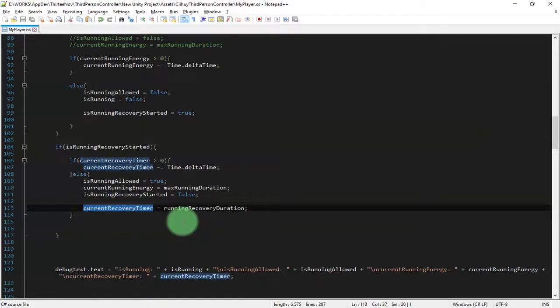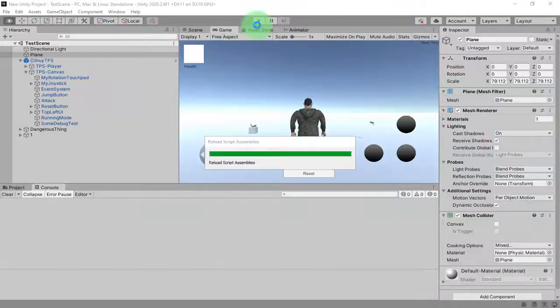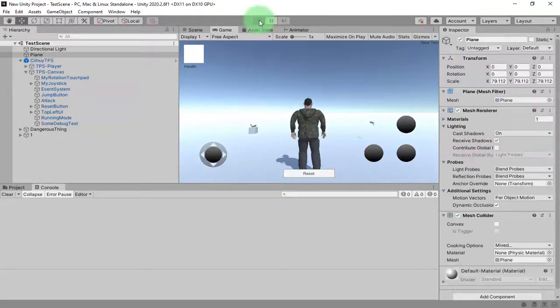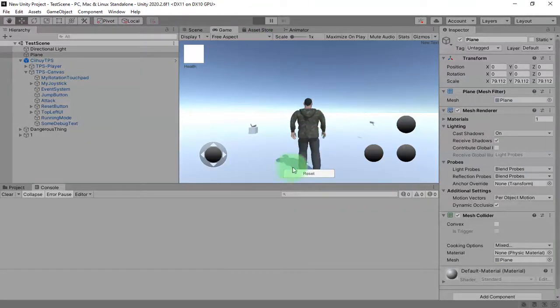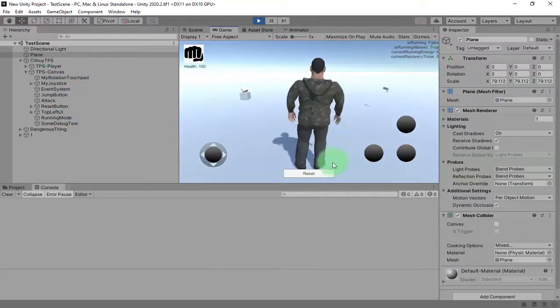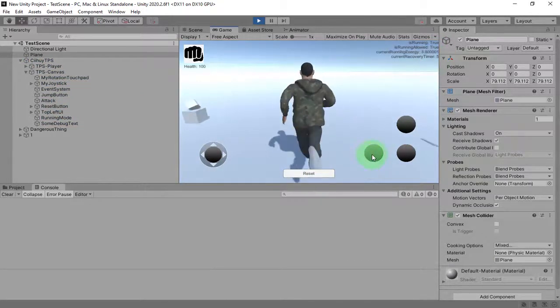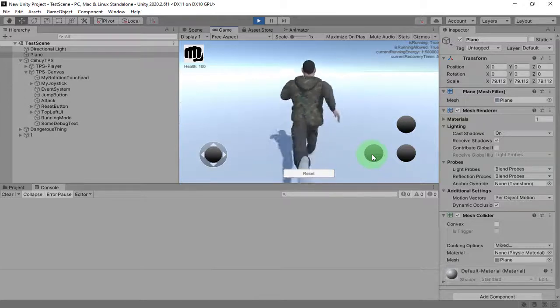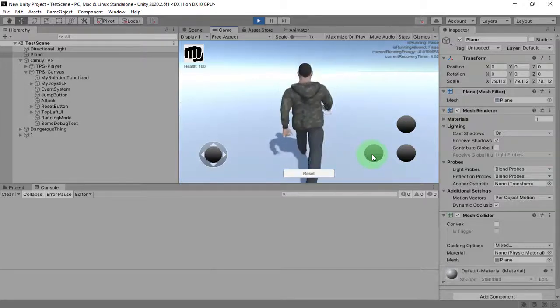Oh, I'm getting tired. Now it should be completely working, so let's test it. 5, walking, running, and then I'm getting tired. I'm walking, and the recovery timer is going to end.